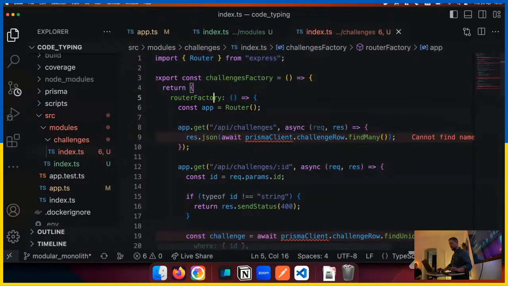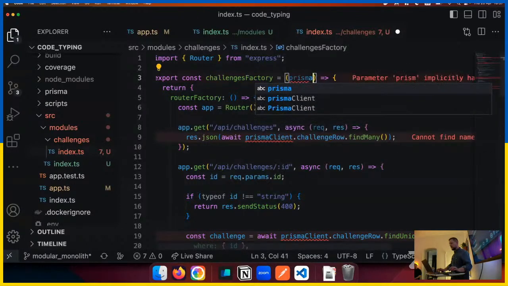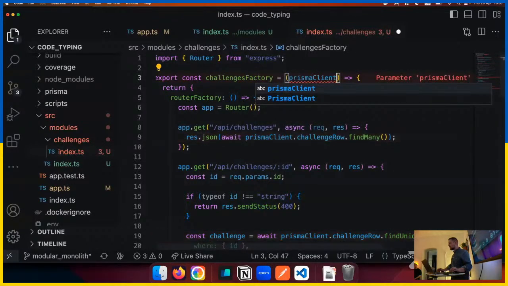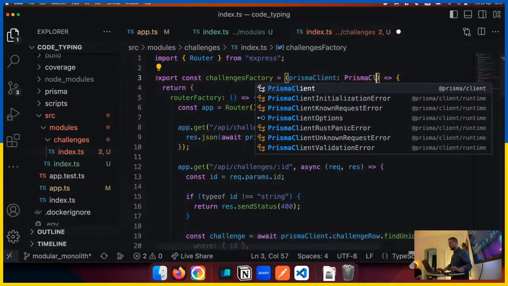Okay, got rid of them. We need to send in the Prisma client, Prisma client,